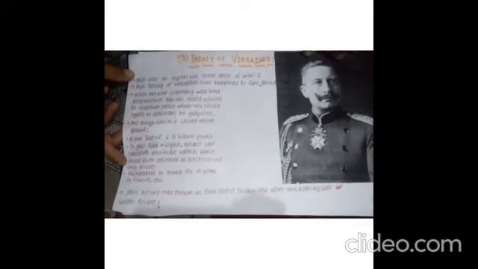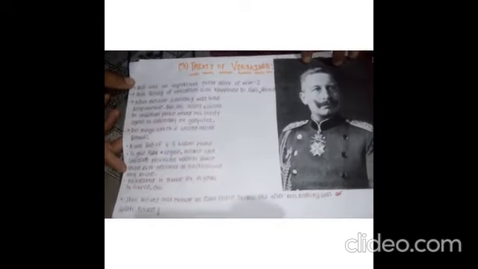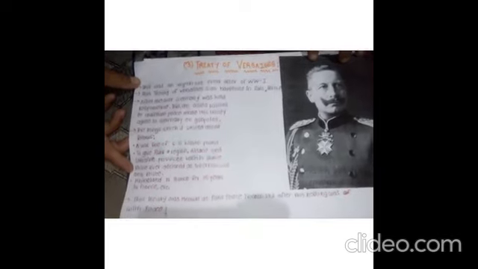A war fine of 6.5 billion pounds. My friends, you all know that this much money is terrifying. And the second, to give the Ruhr region, Alsace and Lorraine provinces back to France. My friends, do you know that Germany had captured the Ruhr region, Alsace and Lorraine from France, and thus in this treaty it was stated that Germany had to give them back to France.